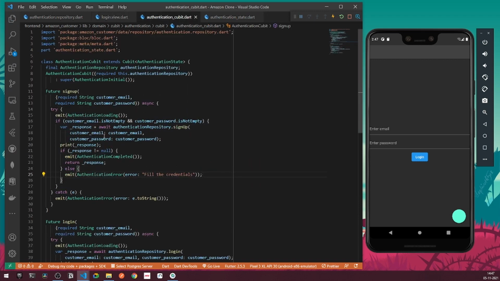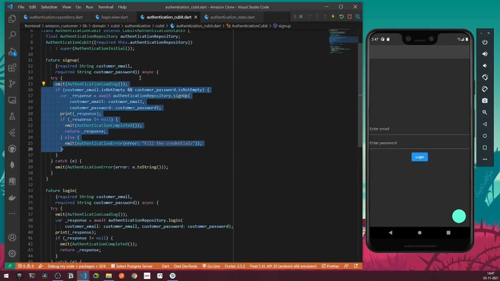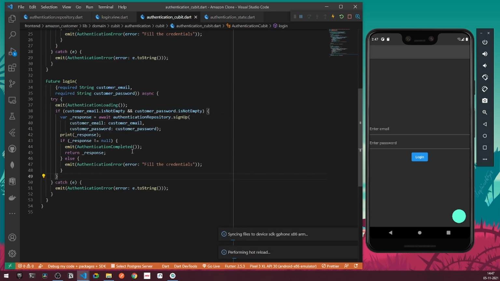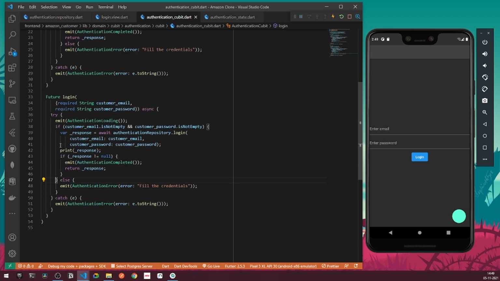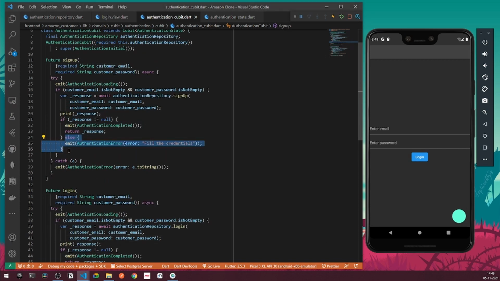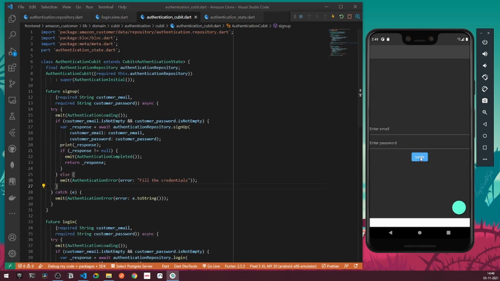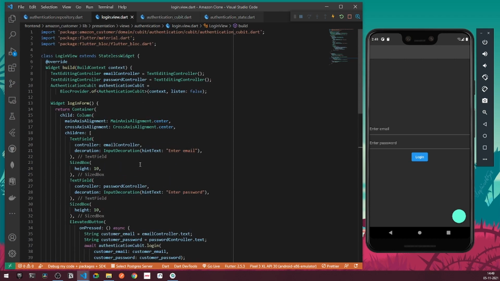All right, so let's go under authentication qubit, and also let's try to add the same method for our login thing. So I can copy the entire block of code, and here I'll simply say the method to be login. Right, let's have login, and that's it. All right, so I guess we need to execute this block, one more block outside the following block of authentication is not empty. Right, so if I type it here, you can see we'll be getting our fill the credentials option. Easy. So what I can do, I can copy the same block from this side and I can paste it here. Right, so you can see on typing over it, we'll be able to handle the following error of filling the credentials. Right. So right now what we can do, we can authenticate our entire process.